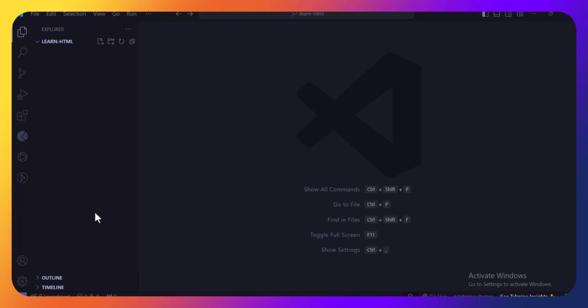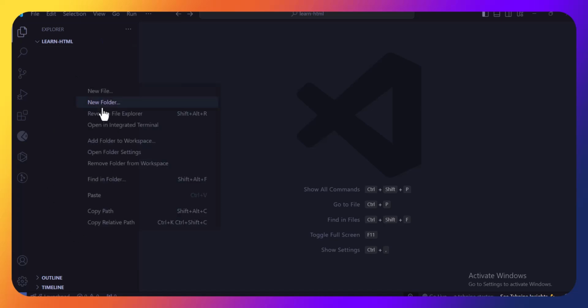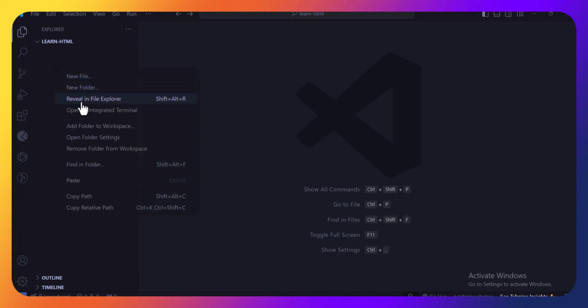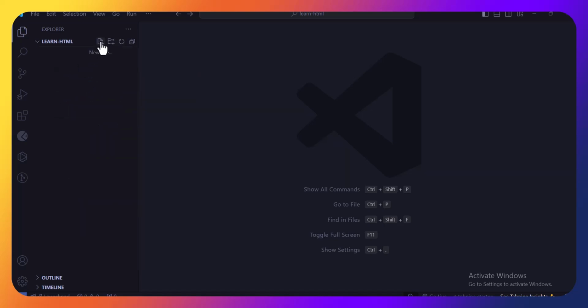In here, you right click and create a new file, or you can simply click on this icon here. It brings me a simple input to write the name of my file. It asks, what is the name of your new file? So I would go for